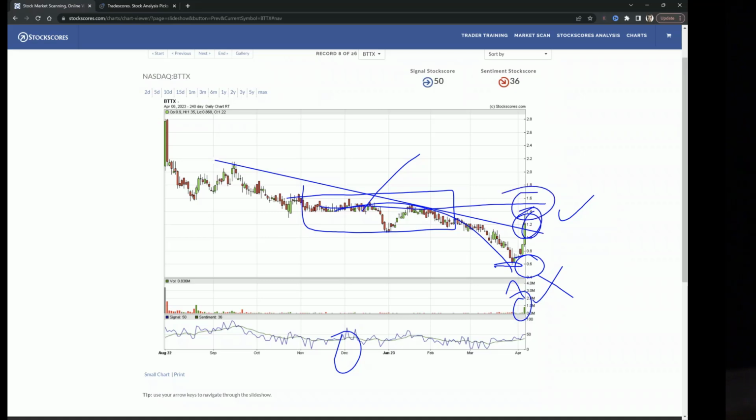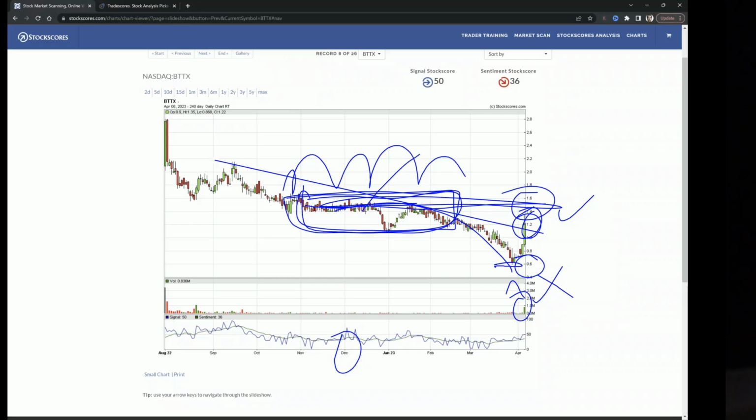$1.40. And that's why when you have periods where the stock is traded sideways at a higher price level, it becomes what we call resistance. It is a ceiling price on the stock. And so you don't want to buy stocks that have a lot of resistance unless they have really strong volume, because you've got to work through all of these people that want to sell just to get out of the dog.